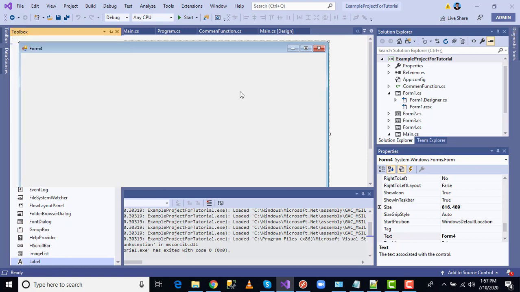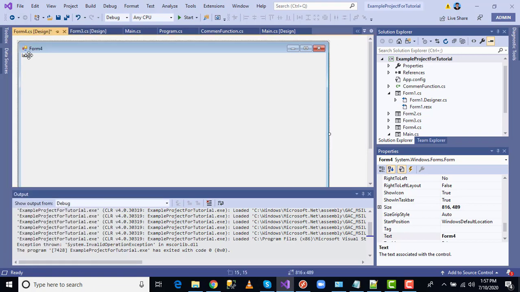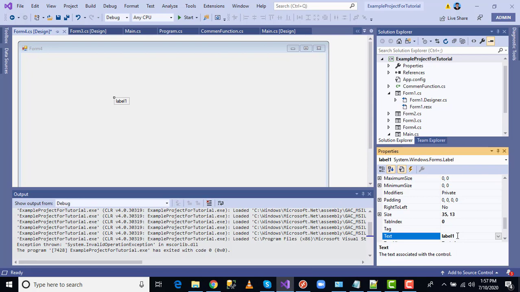So it came here. Now I'm coming here. I have to change the label name. Form 4.